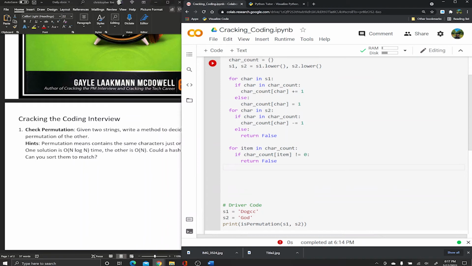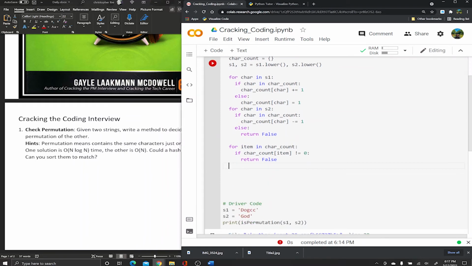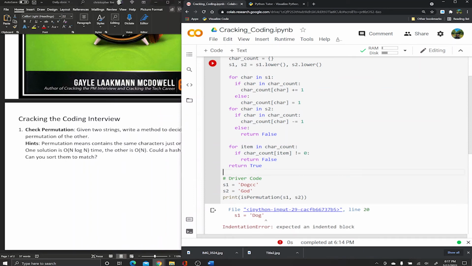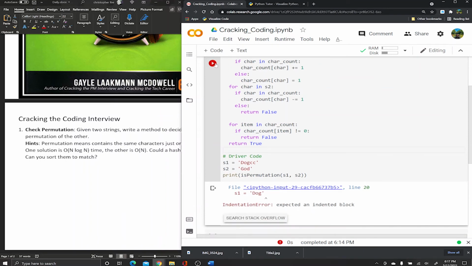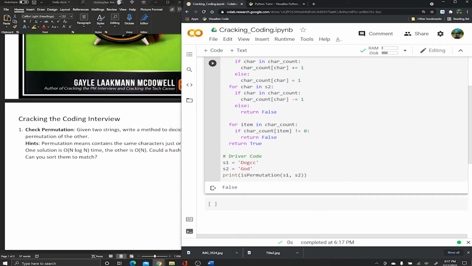However, if we go through all this trouble and we get to this point, it means obviously we have to return true because they have the exact same characters, just possibly in different orders. So let's test it. In this code, it should return false right now. Yeah, like we expected. However, if we change it so it contains true, if we add a G here and a G and a G, okay, sure,